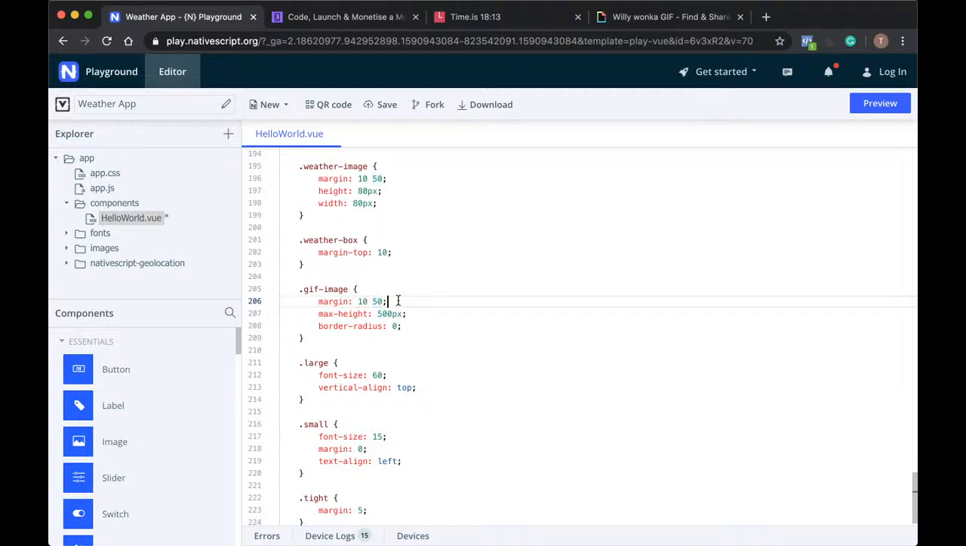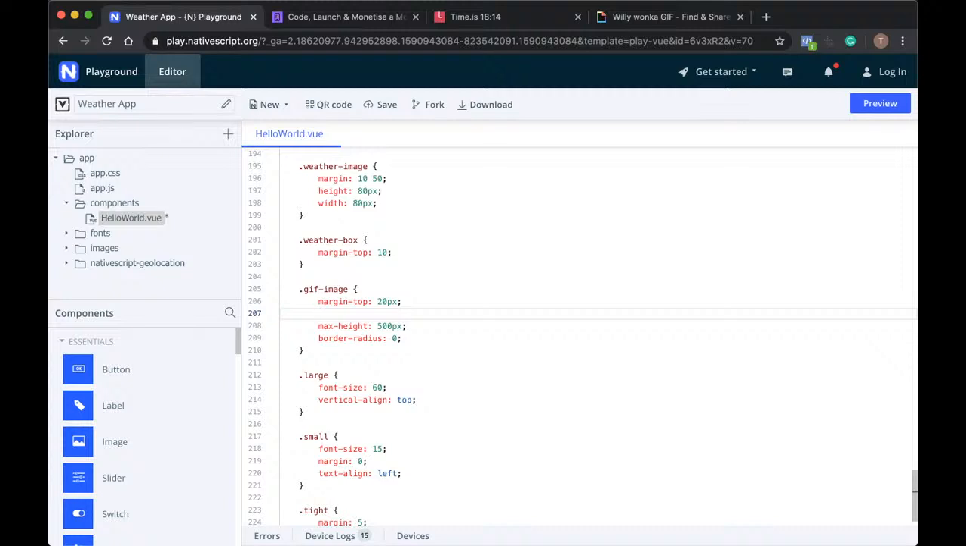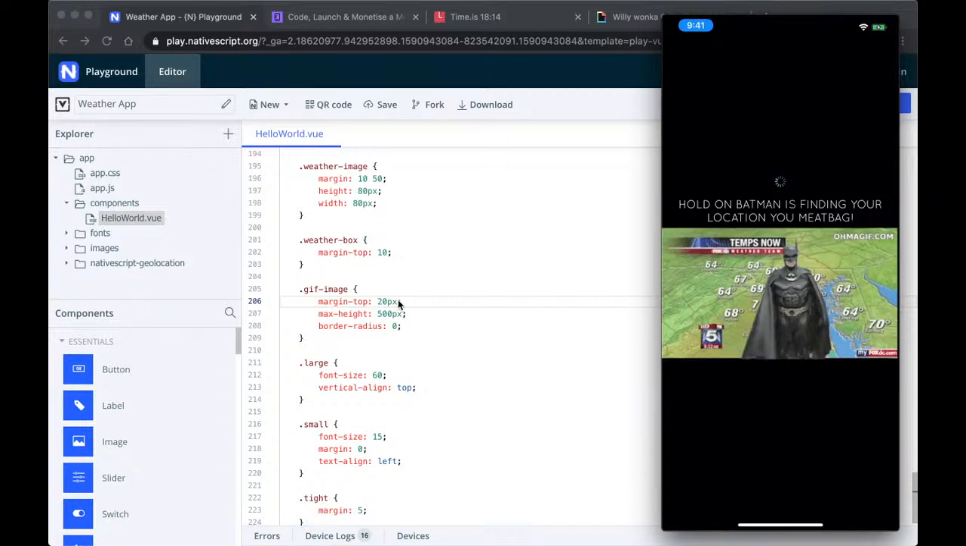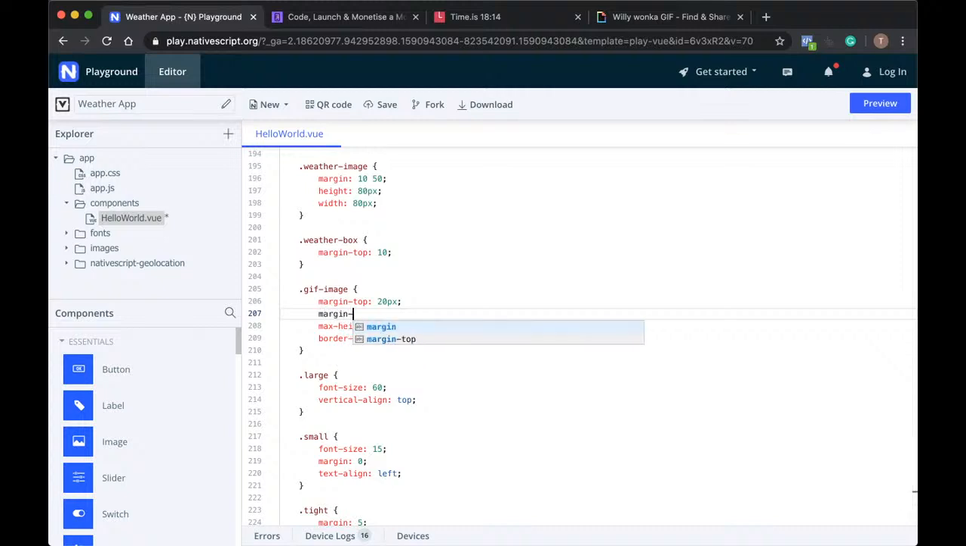So if you're not comfortable with remembering what exactly these numbers are going to represent, the other way to do this is to do it explicitly. So you have a margin hyphen top, and so because Batman was too close to the loading text, I want to separate him, and I'll give it a margin top of 20 pixels. And now you can see there is a bit of a gap, and you can do the same for margin bottom,